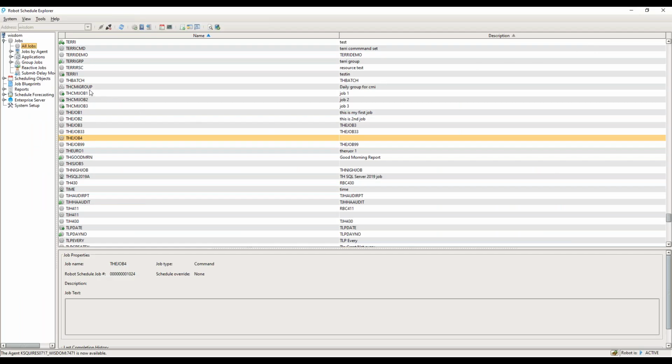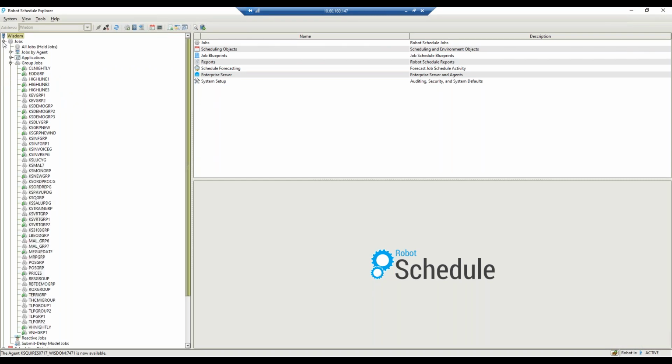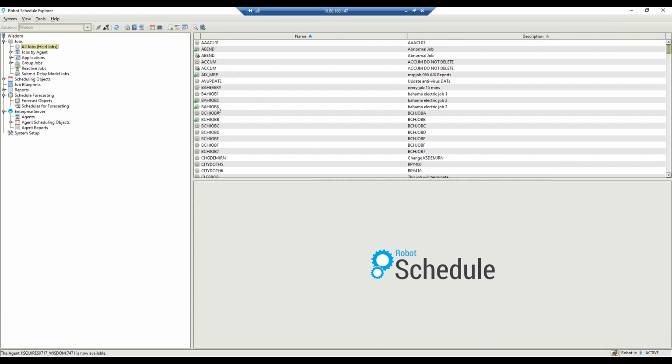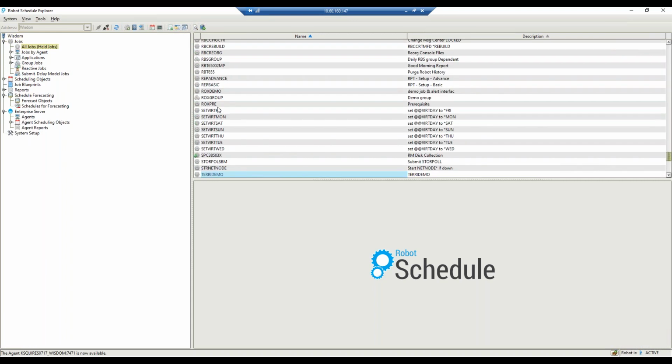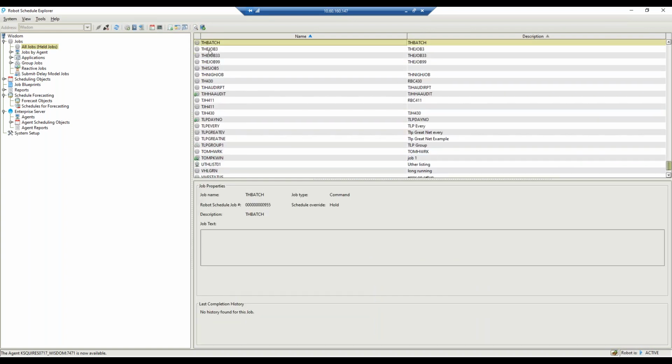All right, so we wanted to show reactive jobs. I want to bring up my other desktop here. Now you should be seeing my Robot Schedule Explorer, Chuck. Yeah, absolutely. And remember, we created a series of jobs, and I did a fairly good job of remembering if I was going with this job or that job. But we'll see we have job 3, 33, 4, or 5 rather, this job 5 that are all created